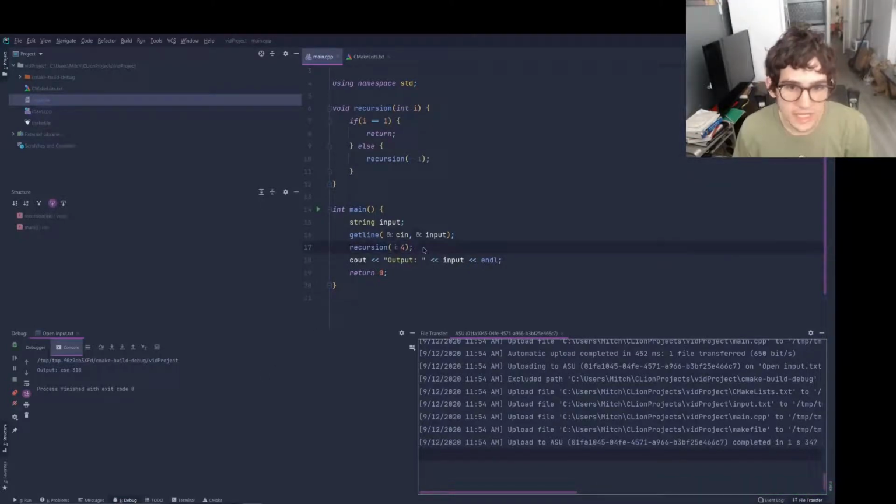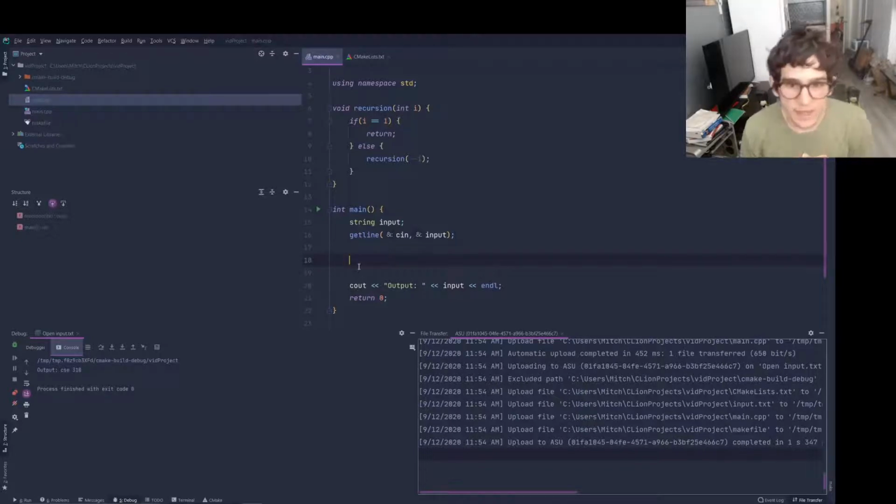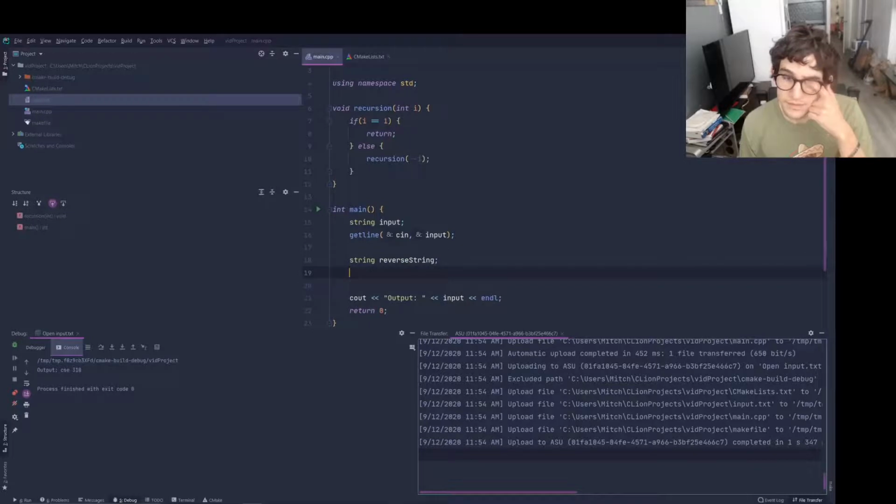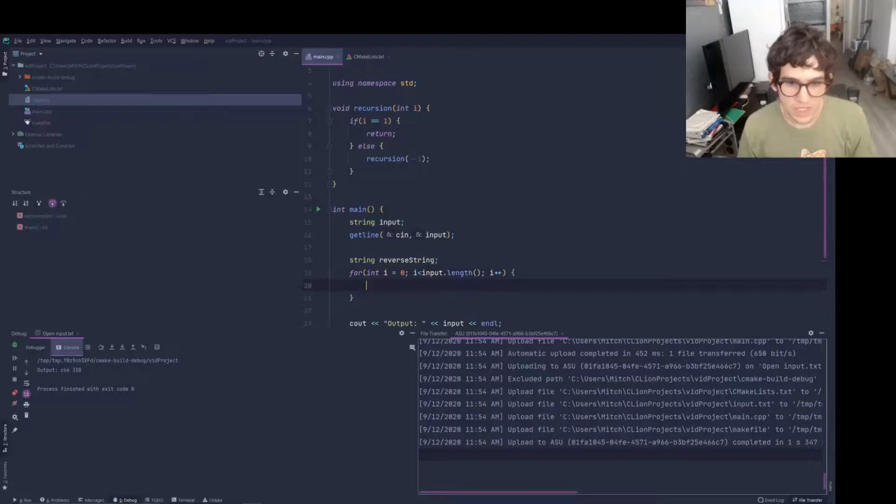Now I'm going to go ahead and show you all how to use some more debugging features, such as watch statements. I'm going to go ahead and reverse this string. So this is not too hard. We can create a new string here, and then we can loop through the input string in a for loop like so, and then simply,